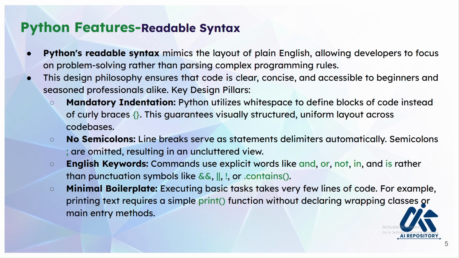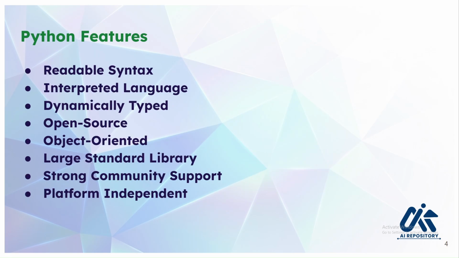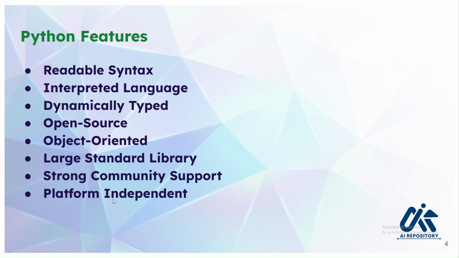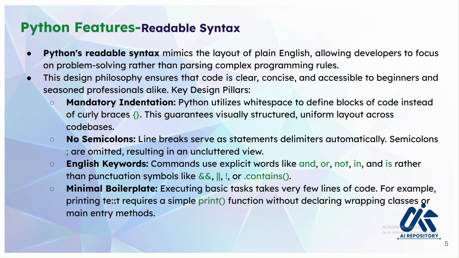Python uses white spaces to define blocks of code rather than curly braces. Previous programming languages like C, as you can see in the first slide, use curly braces to define that these two lines are under this main function. Whereas in Python, you don't need to do that. You can just give white spaces to say that these particular lines belong to a specific block, function, or any